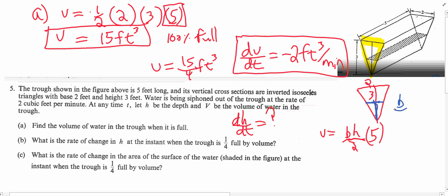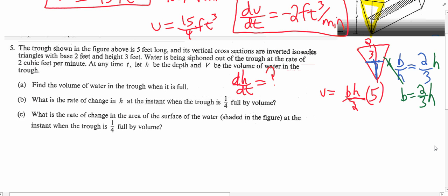So let's just write a proportion over here. We have the base to height is equal to 2 to 3. And remember, since we're looking for dh/dt, we need to solve for the base in terms of the height. So just simply cross multiplying here, or multiplying both sides by h. That cancels, and we get that base is equal to 2/3 of the height. Okay, now we're going to substitute into our volume. Before we even take the derivative, we know that the volume is equal to 2/3